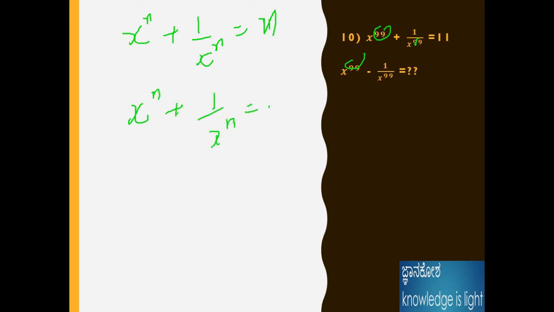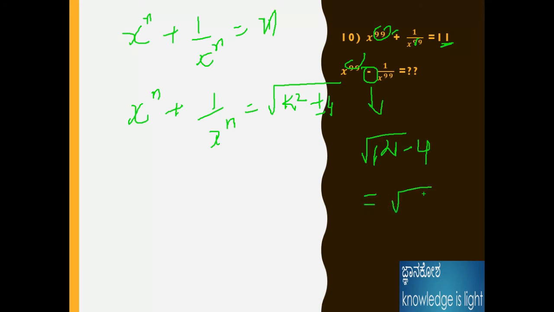For this kind of problem, we need to take it as k square plus or minus 4. Whatever the question is, we need to take the sign as in the question. Here the exponentials are the same and the power is the same. k square is 121, that is 11 square is 121. Here the question has a minus sign, so we take minus, and the term is 4. Therefore 121 minus 4 is 117, the answer for this question. Like that we can easily apply the formula. If you know this logic, you will definitely solve any problem of this kind.